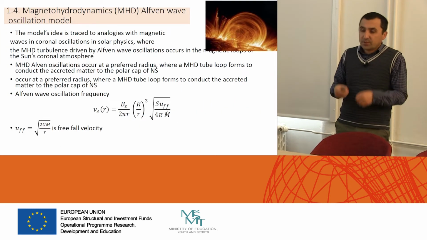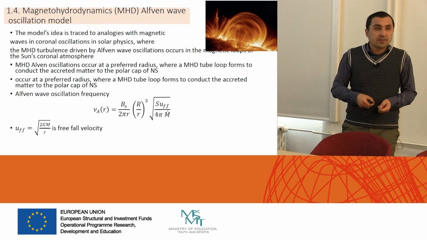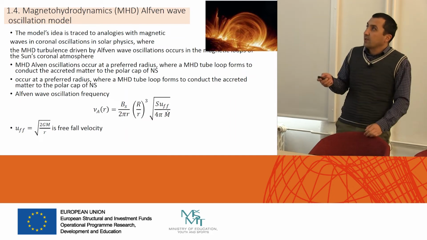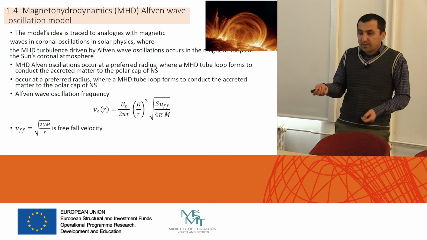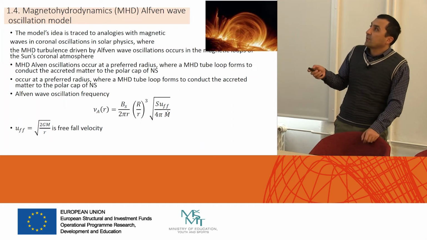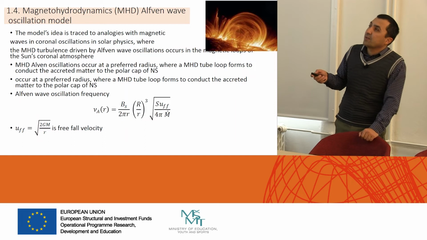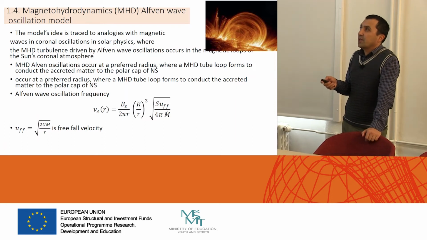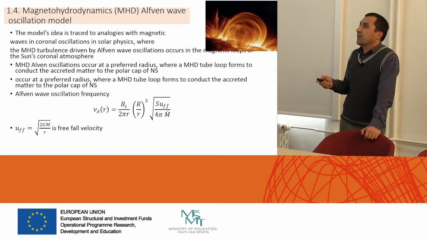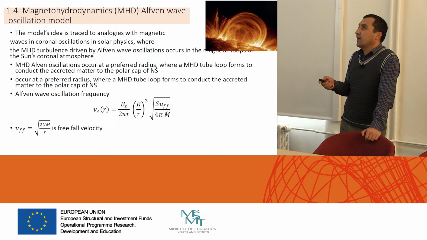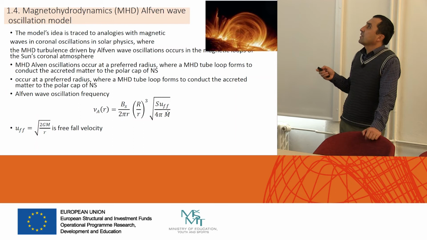This idea is similar to the coronal oscillations in solar physics, where magnetohydrodynamic turbulence driven by Alfven wave oscillations occurs in the magnetosphere of the Sun's coronal atmosphere. We can see here some types of